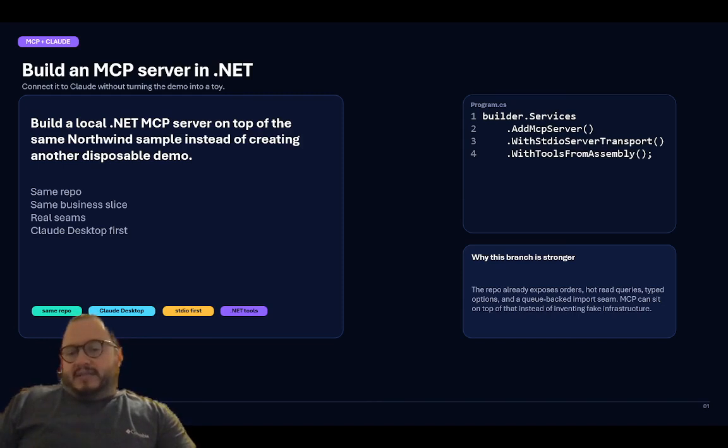So instead of starting from a blank folder, I'm treating this as the next branch of the same Northwind Migration Lab repo from the first month of the series. That matters because the repo already has themes that make an MCP layer believable. Typed options, clean service layer, predictable API behavior, a hot read path, and a queue-backed import theme. In other words, the hard part is not getting Claude to call any tool. The hard part is exposing a small .NET tool surface over a real business slice without bypassing the safety work